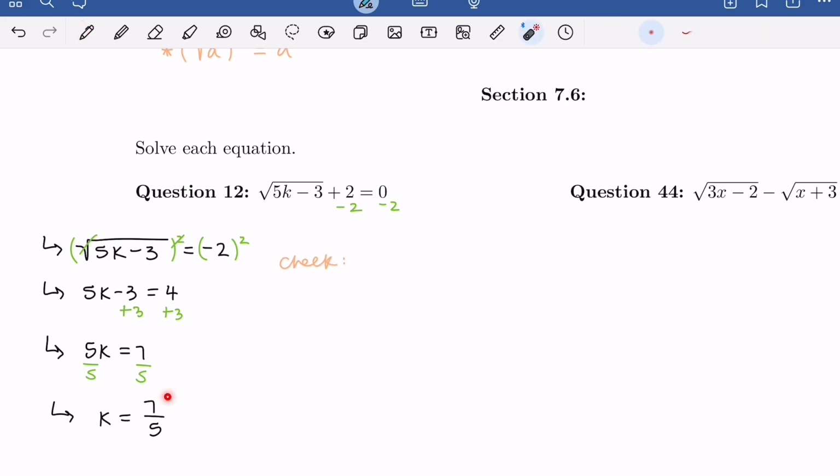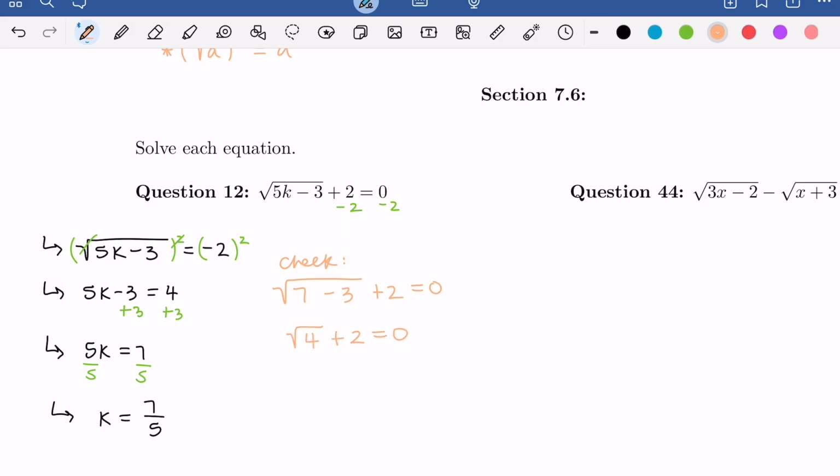So in order to check it, we're going to plug this value for k into our original equation. And if this statement holds true after plugging k in, then we know that it will be a solution. So if we plug k into this guy here, we're going to end up with 5 times 7 over 5. So the 5s are going to cancel. And we're just left with 7 here. Then we still have this minus 3 in our radical, and plus 2 is going to give us 0. So we're going to end up with the square root of 4 plus 2 is going to give us 0,